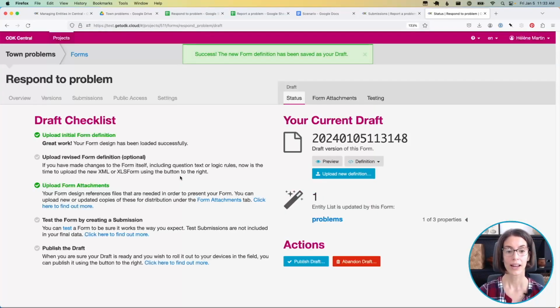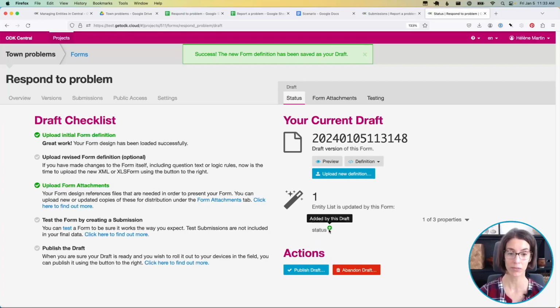Okay, so this shows me that an entity list is updated by this form, which is what I want. Great. It's updating the problems list. And if I see details about the properties, I can see that only the status property, which is added by this draft, and then when I publish it, this form, is the only one that's being updated currently. And that sounds great. That sounds right for what we want to accomplish right now. Okay,